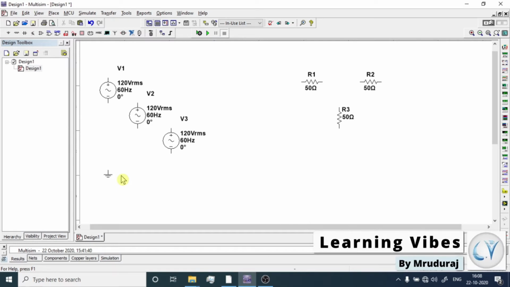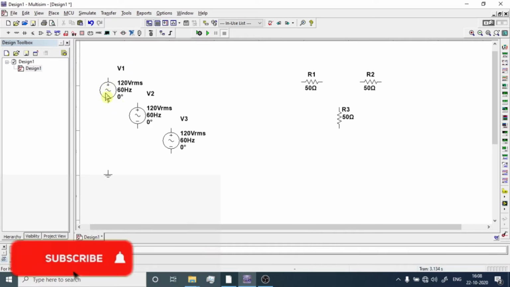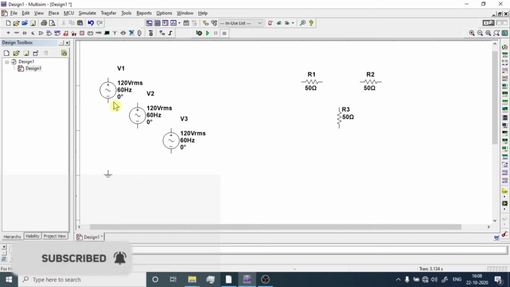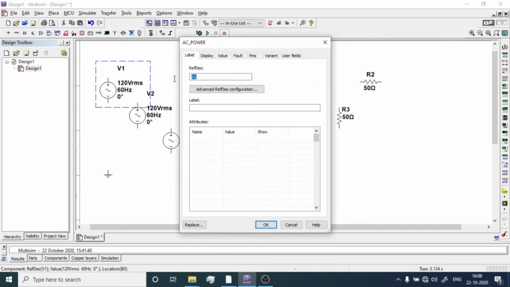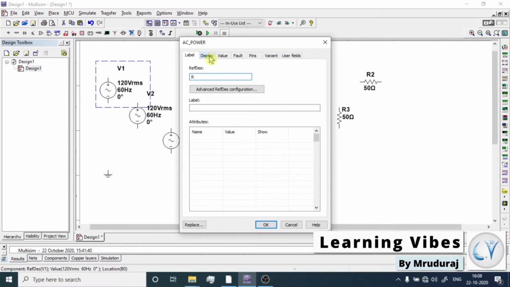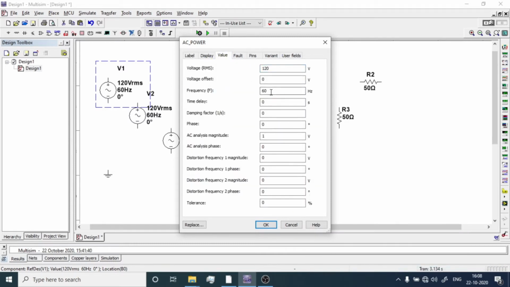Now we are going to connect the circuit with each other. We'll make this V1 volts as supply phase of R. So we have arranged this circuit in this manner. Now this V1 volt will become the R phase. So we will label it as R phase, and the rest of the quantity will be as it is, but